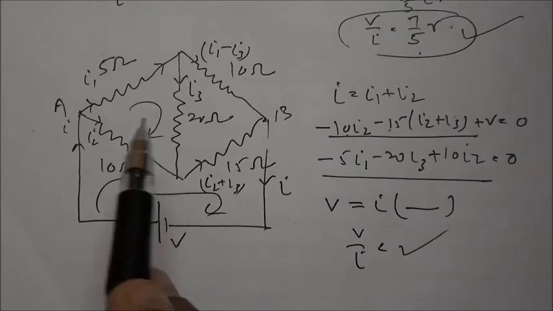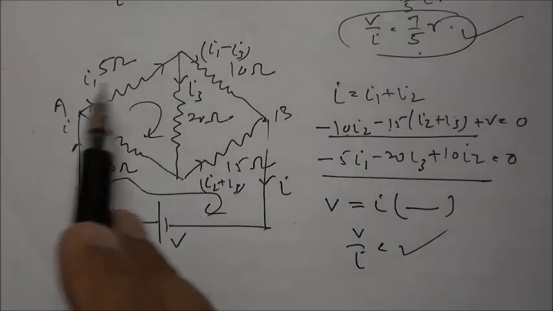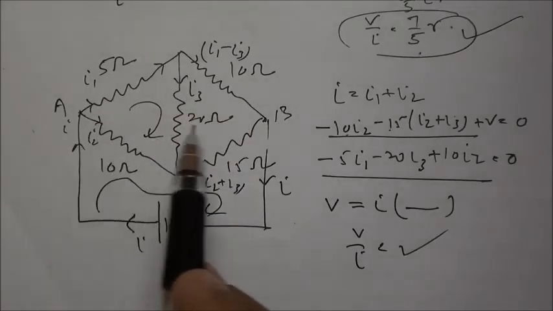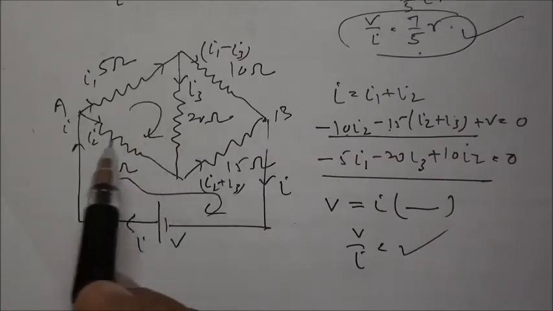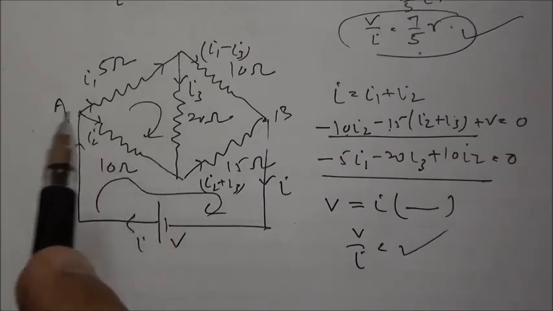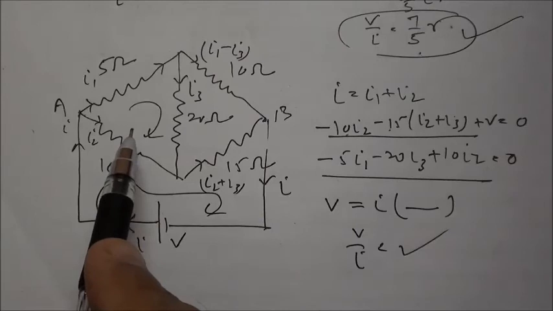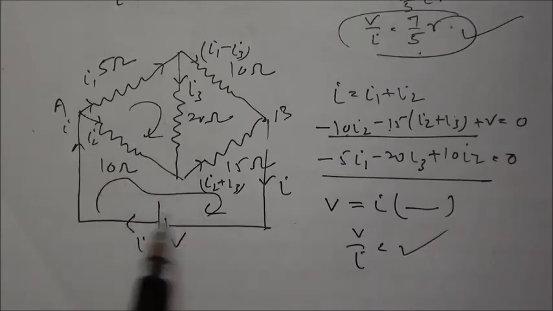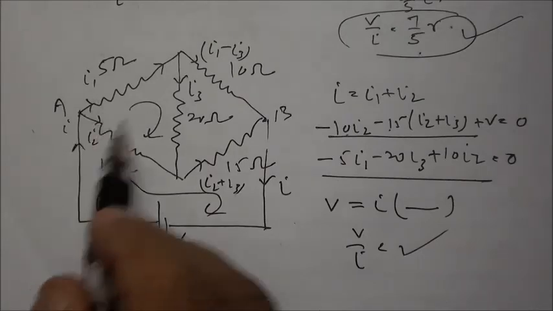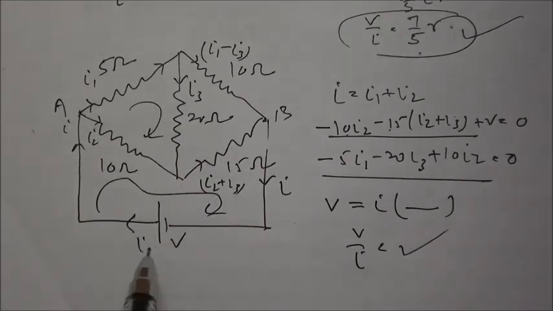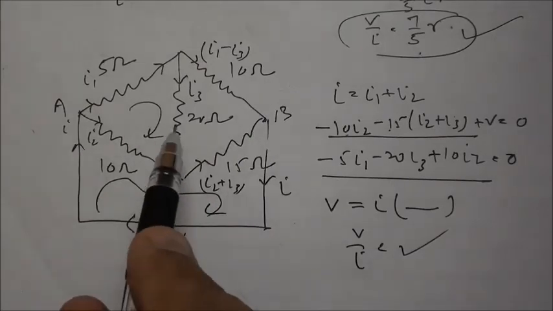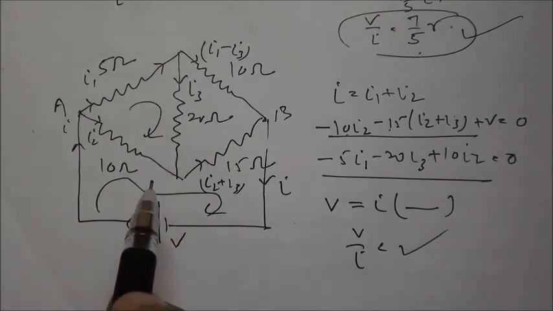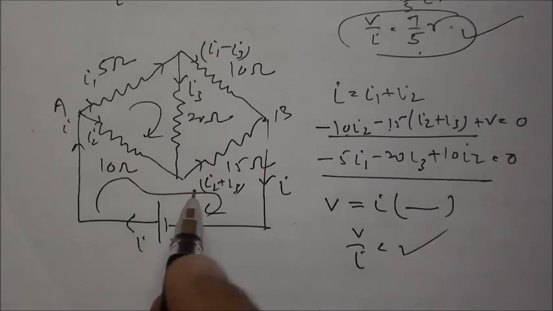This is how you have to take whenever the bridge is not balanced, or any circuit in which you can't use symmetry, or there is no other way to find out whether the resistances are connected in series or parallel. Then this is the way. Apply Kirchhoff's law, consider a battery of voltage V, and then take the current distribution, and eventually you have to find out the value of V by I. Frame the equations. You will need as many equations as is the number of unknowns, but V and I, don't take them as unknown quantity, because you have included them.